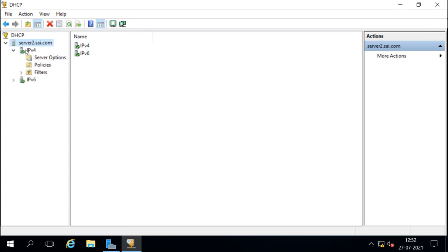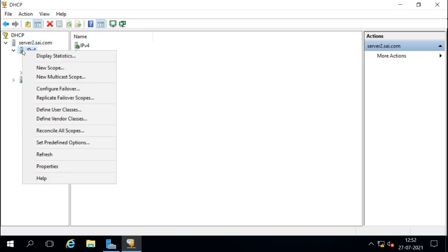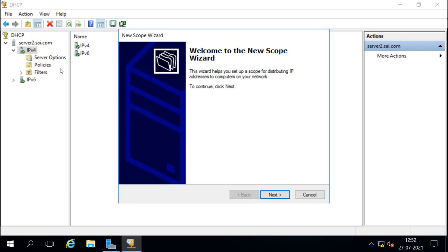When you open IPv4, you see these options here: the server options folder, policy and filter. But first I have to create the scope. So I will right click on IPv4 and select New Scope. The wizard will open and we'll go through it.